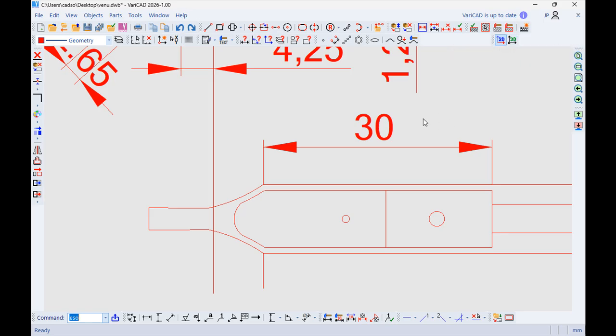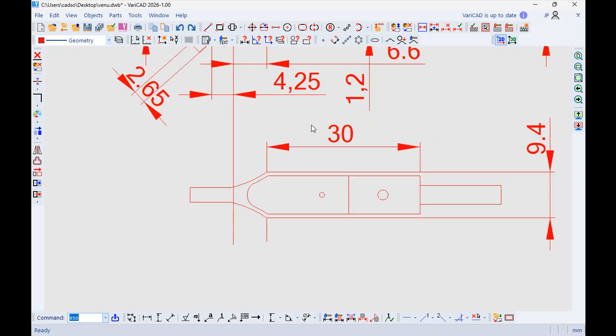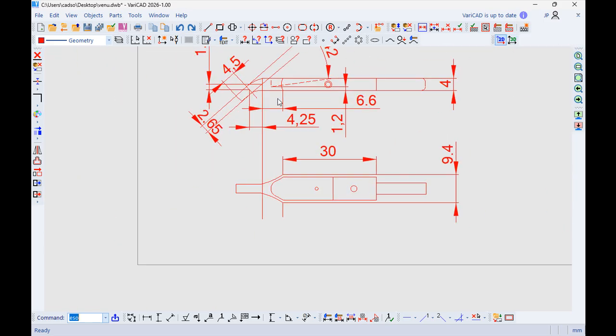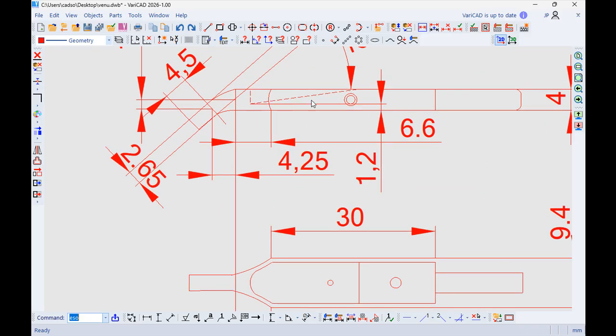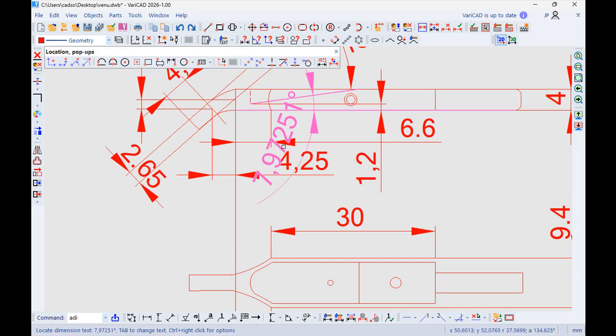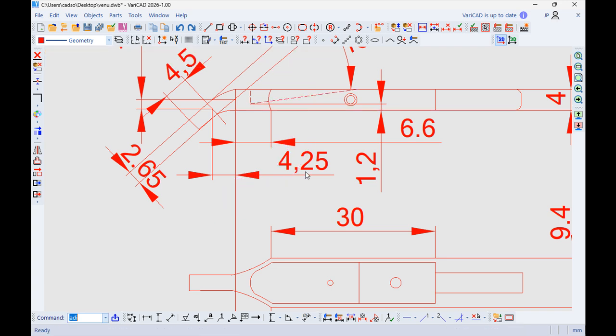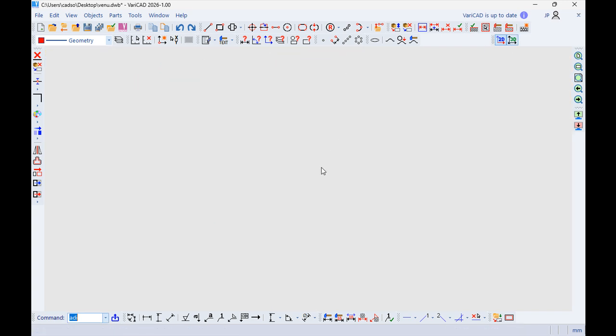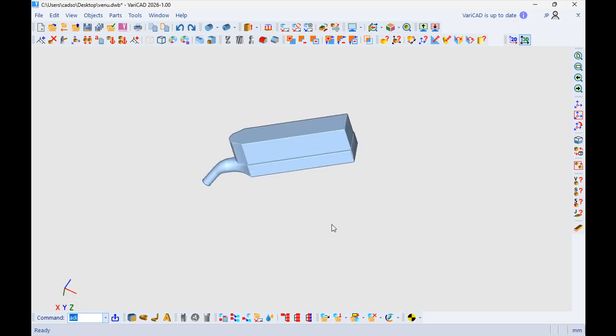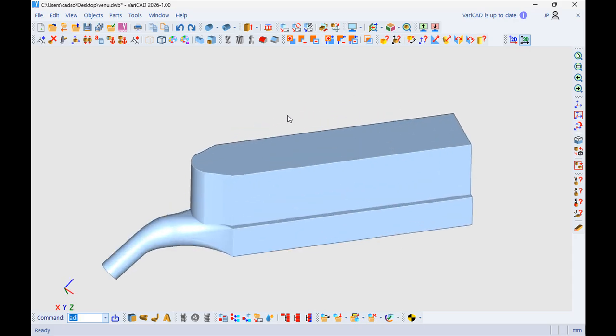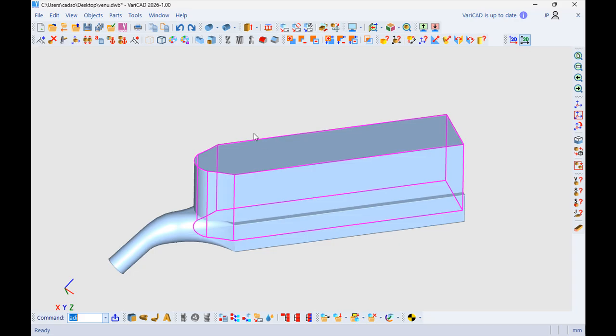Last thing to do here is to measure this angle. So this angle is 8 degrees, okay? So I will create another solid.